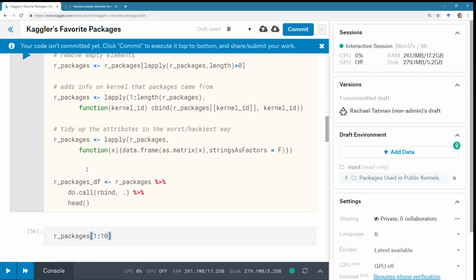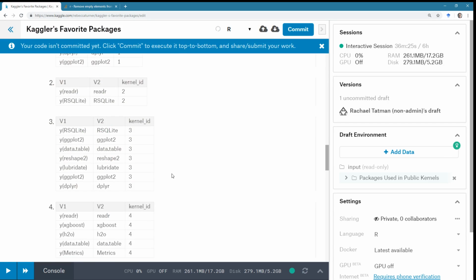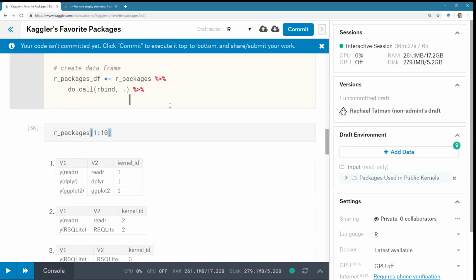I think it's good. Create data. All right. Oh, first of all, I don't want just the head. And second of all, I think I want to... Yeah, I think I'm going to mutate here. Mutate. And I'm going to call package, and put in this v2 column into a new column called package.